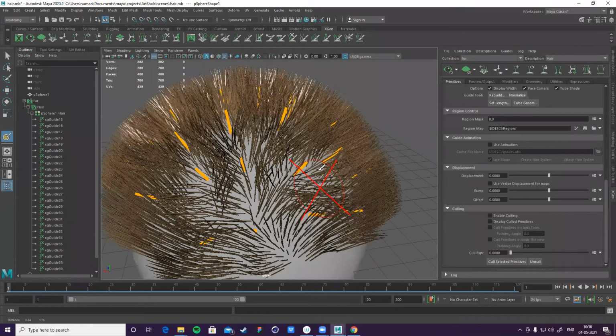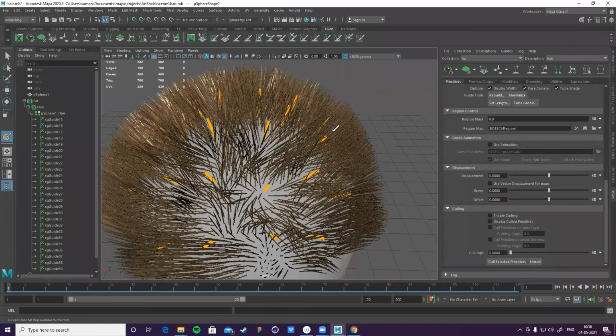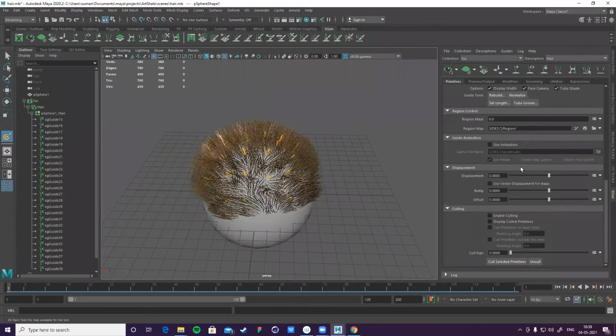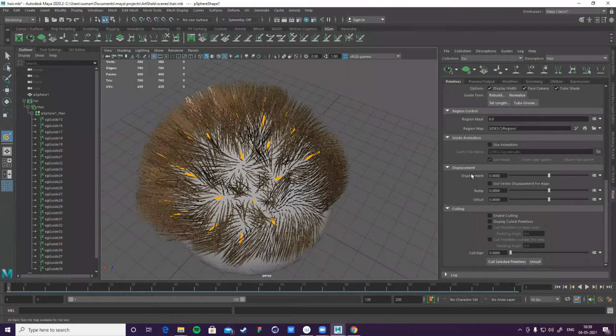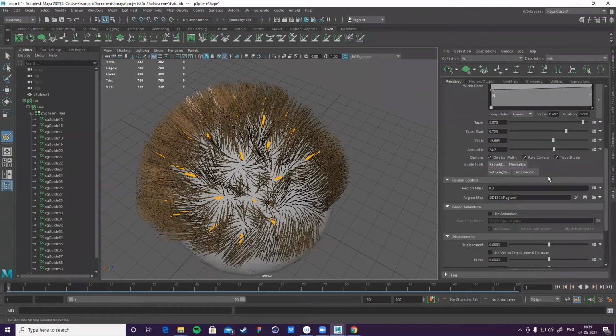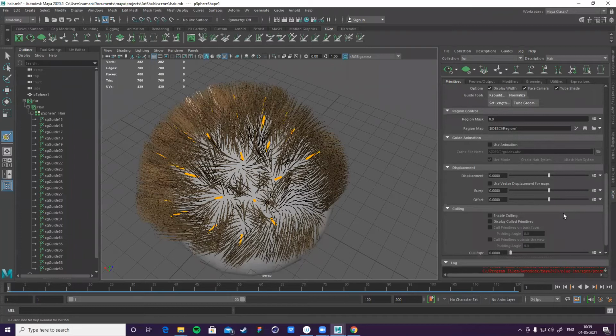Yeah, of course I will cover that. So we will save multiple times because we will create a lot of maps to control how the hairs actually move, right? So we will save again. So at this moment here is the displacement map, and we can see all these regions. We can create the maps. For example,